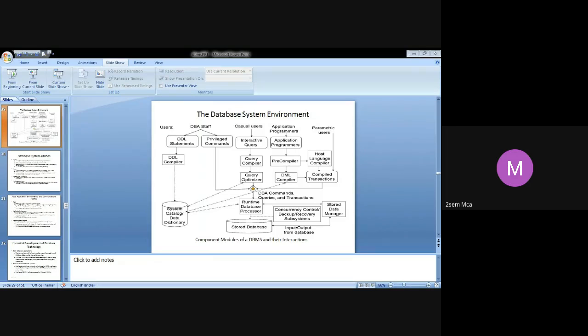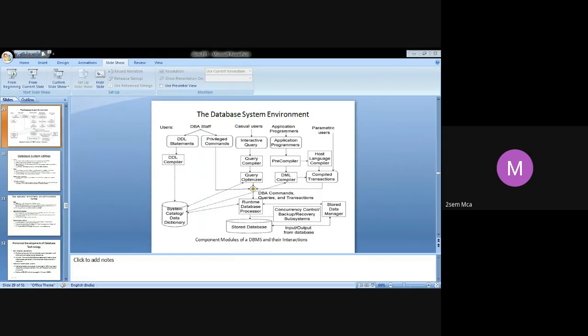Again, we go into the application programmers. So the application programmers, what are they going to do? They are going to write the application programs. Right? So once they write these, it is application programs, not programmers, and then it is passed through a pre-compiler. Now, when I say application programs, what will happen?